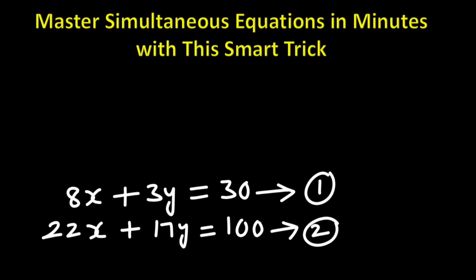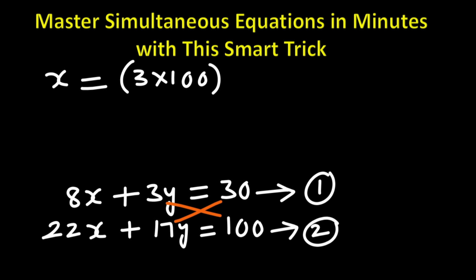So the value of x, so we write x equals. Now to find the value of x, we start with the coefficient of y always. So 3 times 100 minus 30 times 17. So we can write this as 3 times 100 minus, we do 30 times 17